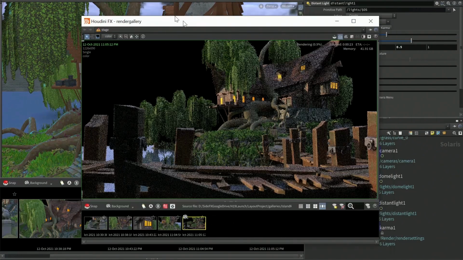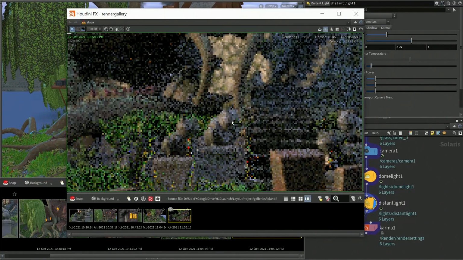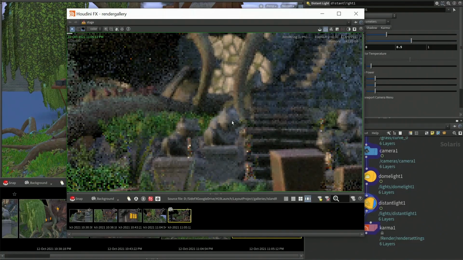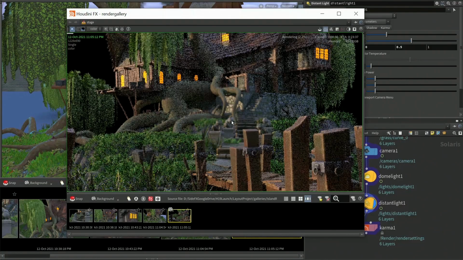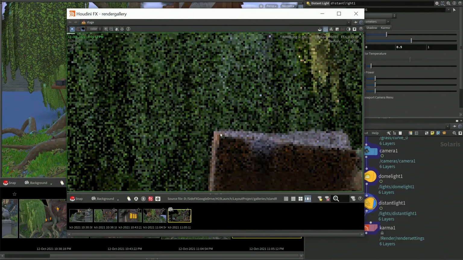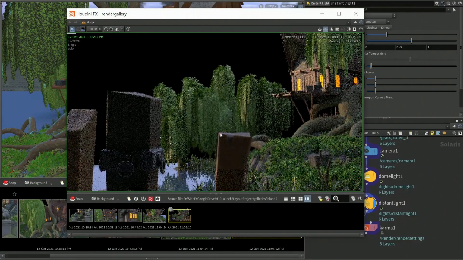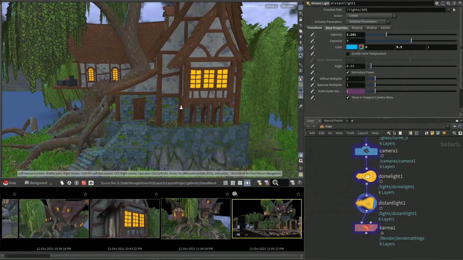This is really useful because you can save an image and say, well, I like the way that looks, but I want to try something else.